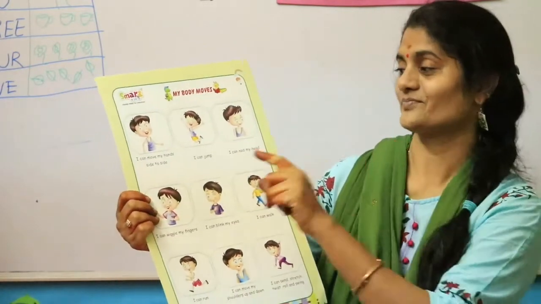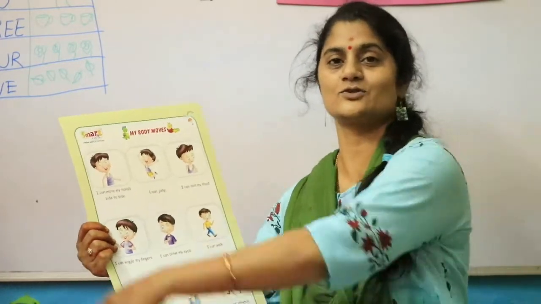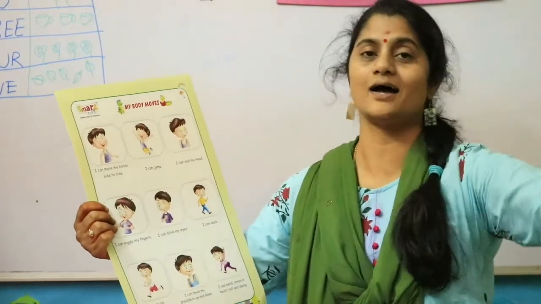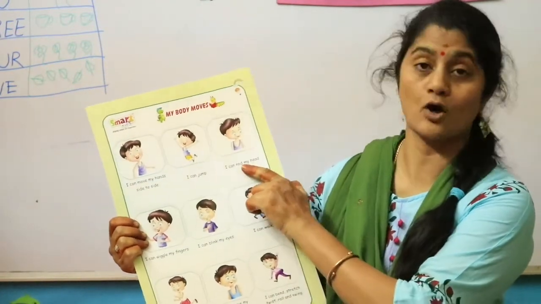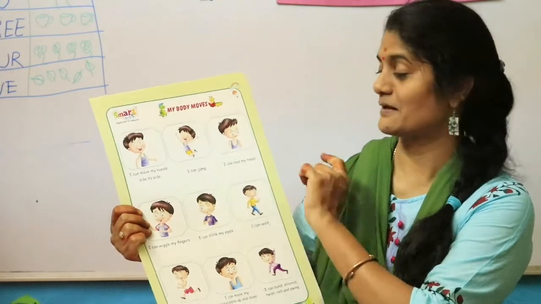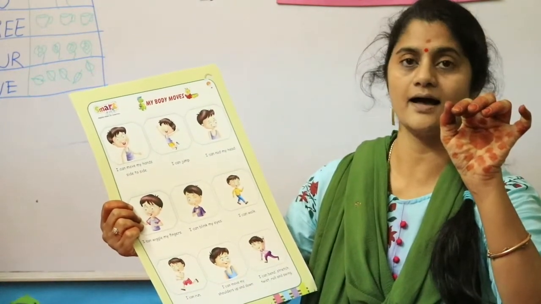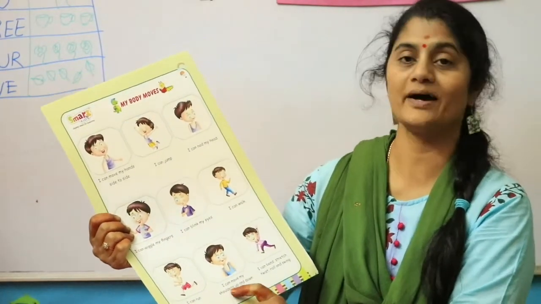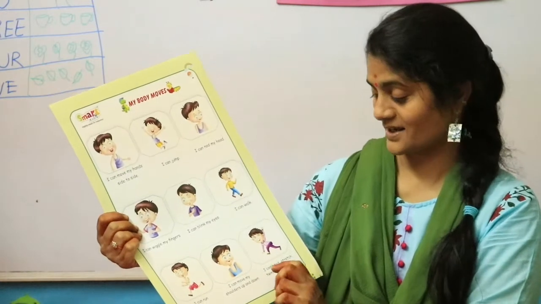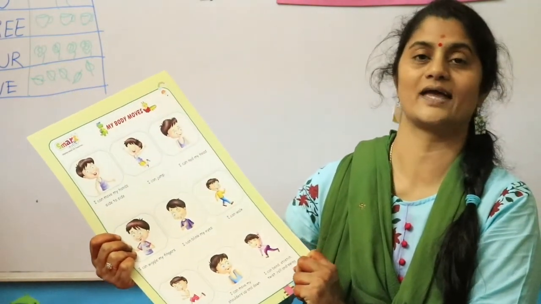One more time. I can move my hands side to side, to the right side, to the left side. You can move it up and down in every direction. I can jump. I can nod my head. I can wiggle my fingers. I can blink my eyes. I can walk. I can run. I can move my shoulders up and down. I can bend, stretch, twist, roll and swing.